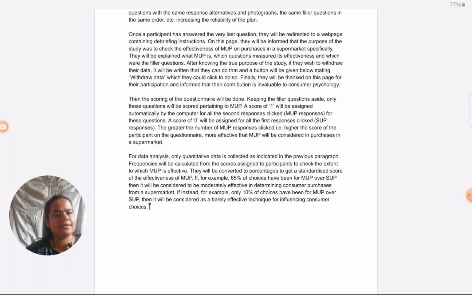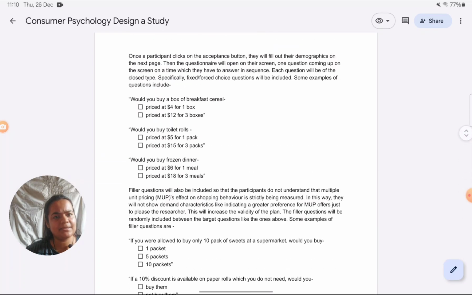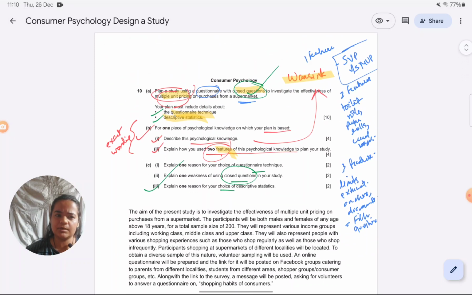I feel the study is detailed enough anyways. It's clear enough anyways. I don't really need to include a graph for any further clarity. Like it'll just be an additional thing, which is not adding anything new to my study. Okay, so that is one way in which we can design the 10 marker. If you have some different ideas, you want me to know about your ideas for confirmation, you can leave them in the comments box below. I'll take a look at them.